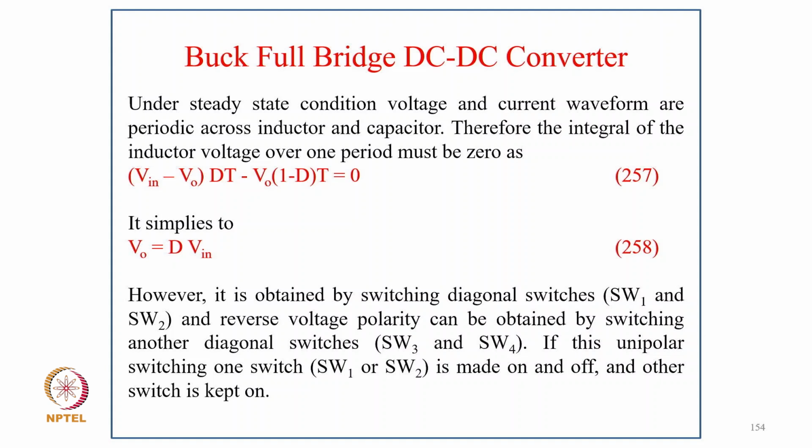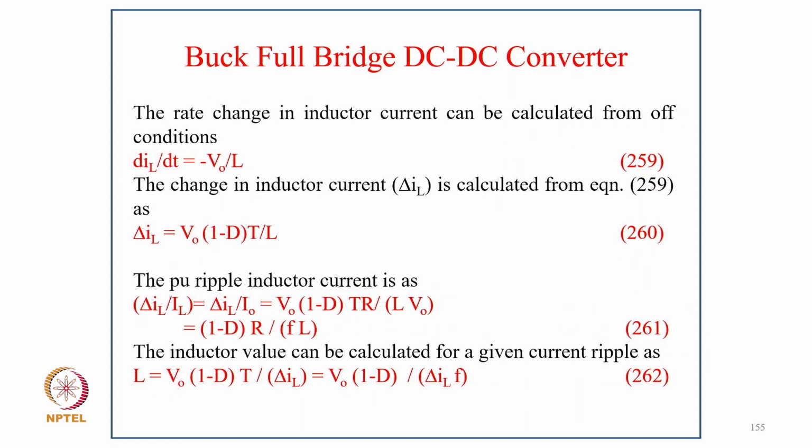This is obtained by switching the diagonal switches S1 S2, and reverse voltage polarity can be obtained by switching the diagonal switches S3 S4. In the unipolar case, one switch S1 S2 is switched on and off and the other switch is left on. So the rate of change of the inductor current can be calculated from the condition dIL upon dt equal to minus VO upon L, and the change in inductor current delta IL can be calculated as delta IL equal to VO (1 minus D) T upon L,